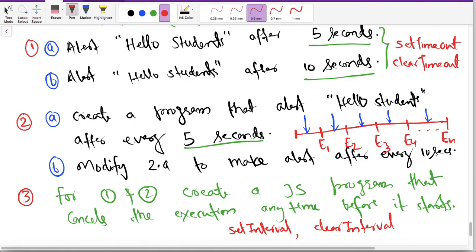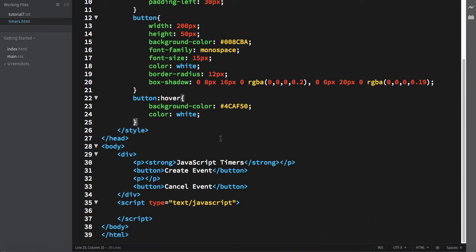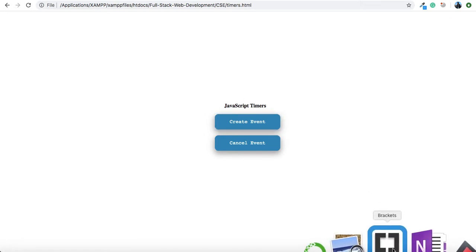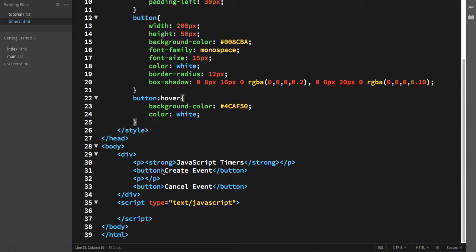The prototypes of these functions have been discussed before. So now let's move to the coding part. We have already created the buttons and the text for that. Now we need to call a function. Let's go here, refresh the page, and see if anything is happening. Okay, there is nothing happening as of now because we have not created any event on those buttons.